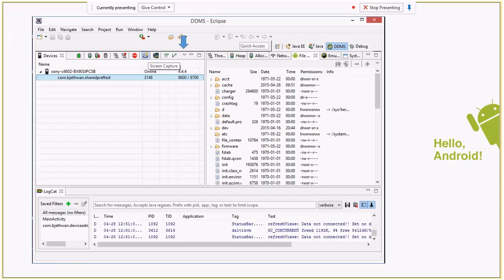Okay, so once you're in DDMS, you can see your connected devices. You can see the system logs here. You can browse files, not so much because it requires permission, but still you have some view of the files and folders inside the device, and you can do a lot more. As shown here, you can capture a screenshot out of the device.